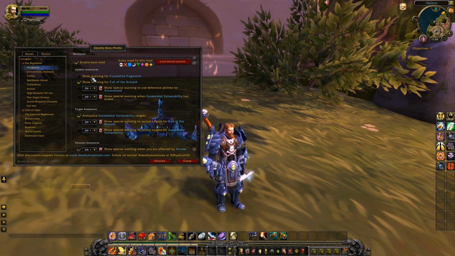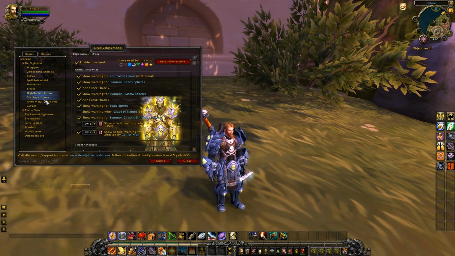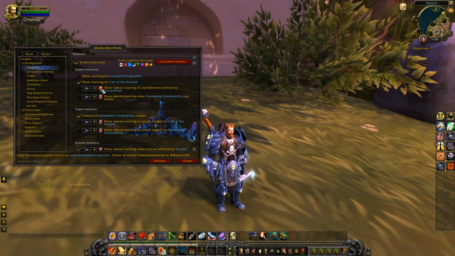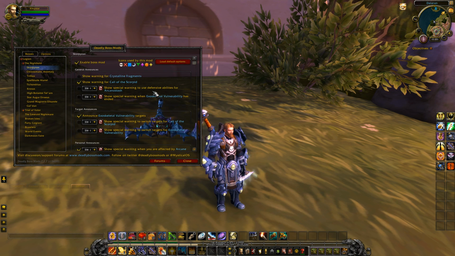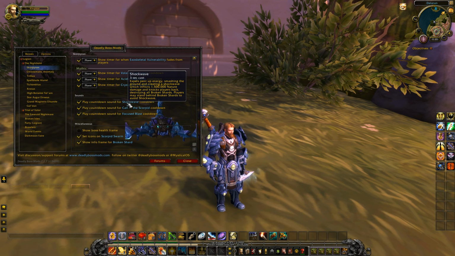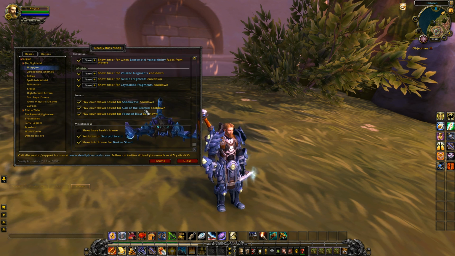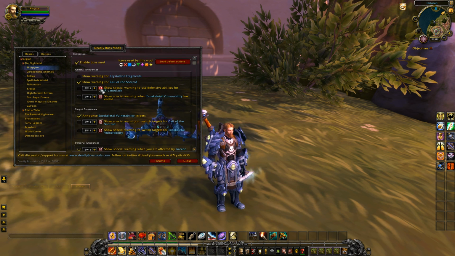So anyway, you have all these little check boxes that you can scroll down through for each boss. So, like, Crossus, you've got High Botanist Talarn. And what you can do is go through and customize these. You can turn them on and off if you don't want to see a specific warning, or if you want to see a specific warning. Most of these are really good if you're a raid leader. I'd suggest turning them all on if you're a raid leader, personally.